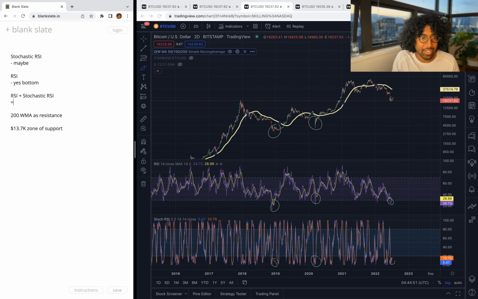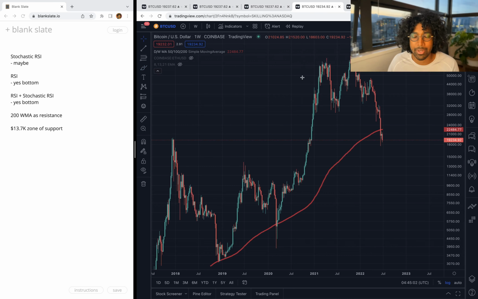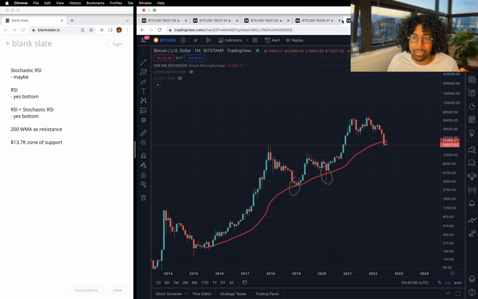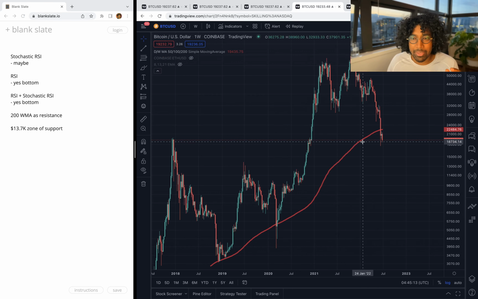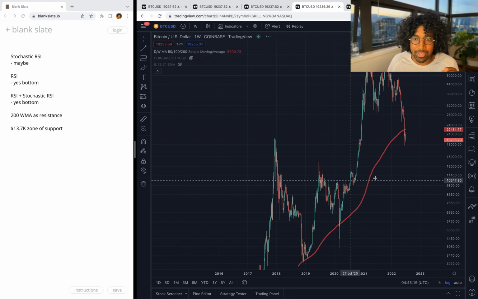So the stochastic, right? Look, I'm really not making a strong argument, and I'm really not trying to, because these are just indicators. Like all indicators are basically wrong, because there's so much left and right. I just want to double check what I'm trying to remember. This is the 200-week moving average. Resistance. So this one is a little concerning, more concerning than the other ones.